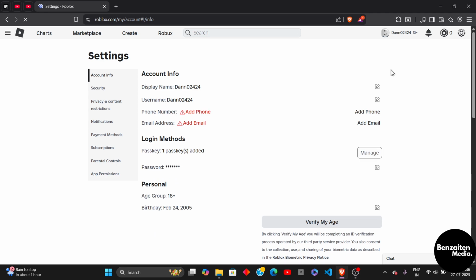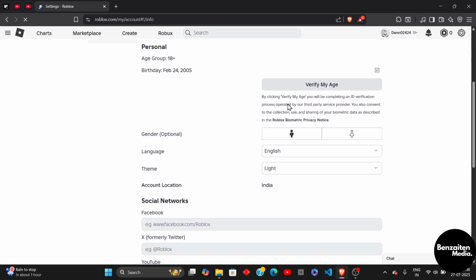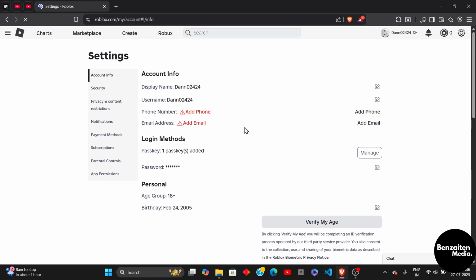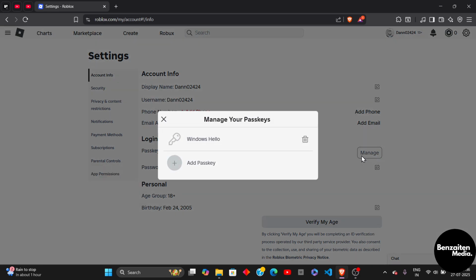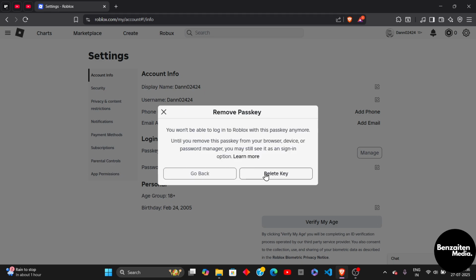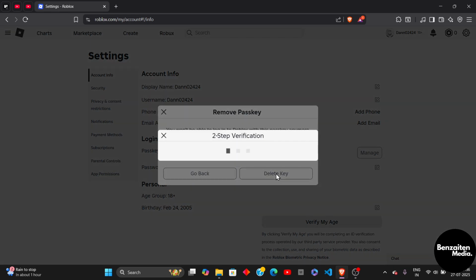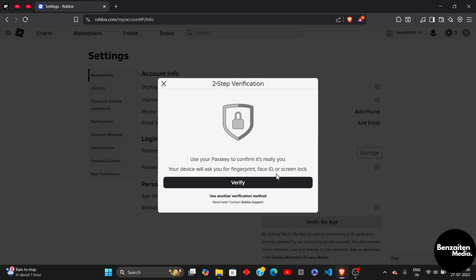After clicking on settings here, when you scroll down a bit, you will see all your account information, and from here you will see your passkey, like one passkey is added. So click on manage, and after that you can see this is my passkey and I want to remove it. I'll just simply click on this trash icon and then click on delete key, and this will delete my passkey